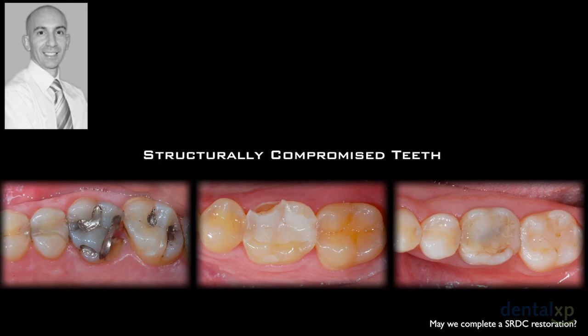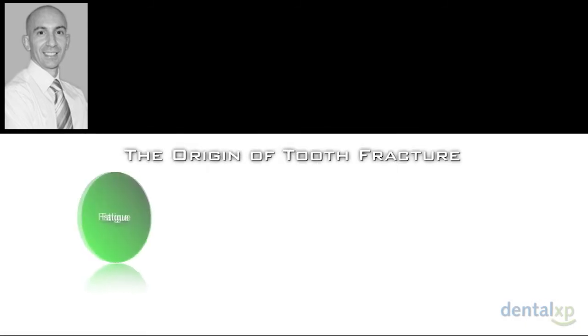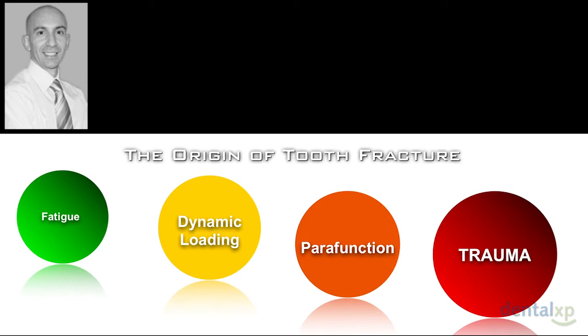Now, you need to be aware that when we have large composite restorations, your design needs to change a little bit, because now you have a lot of composite material, and you have just not enough tooth structure to allow a complete shielding effect of the tooth. So the tooth is not able to protect the tooth restoration complex anymore. So we need to help the tooth to resist fatigue, dynamic loading, parafunction, and trauma. Okay? Because these are teeth that already have been subjected to all of these